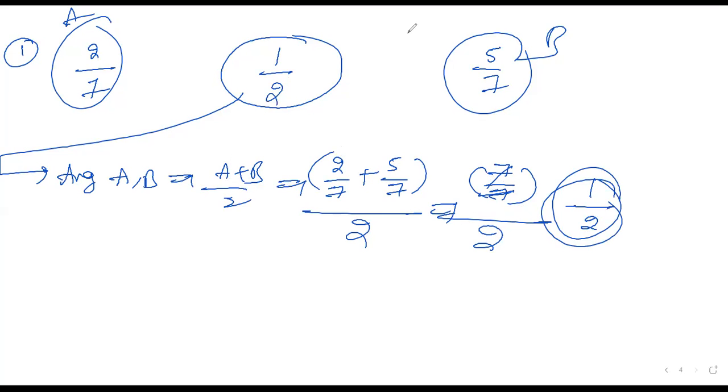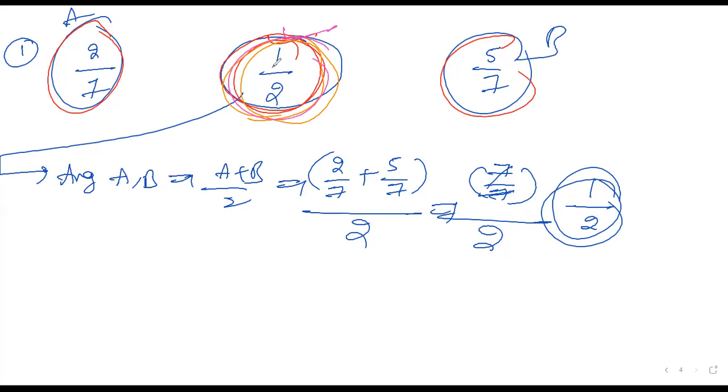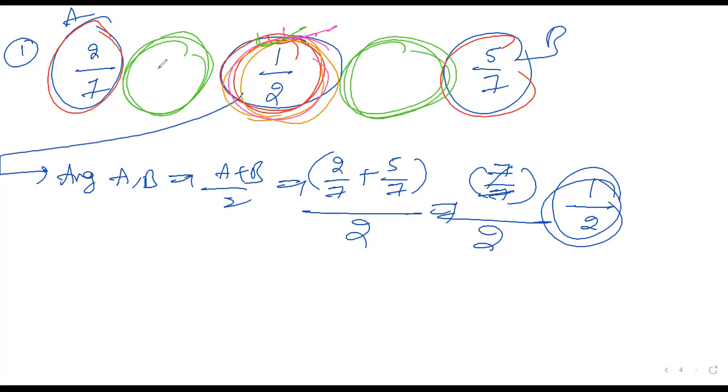This is the procedure if they're asking for only one rational number. If they're asking for three rational numbers, first you finish this one. Then, you can take one more average here, and one more here. When finding the numbers in between, you take the average of these two.